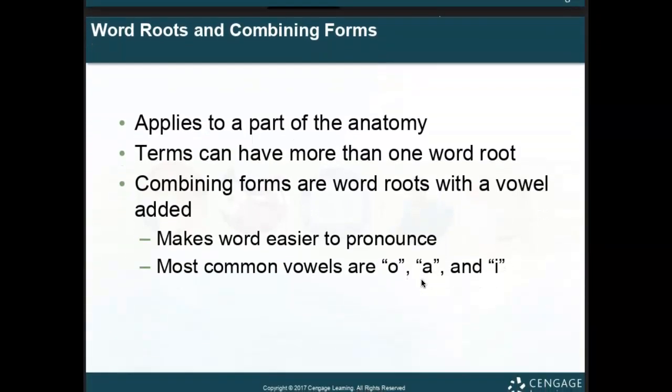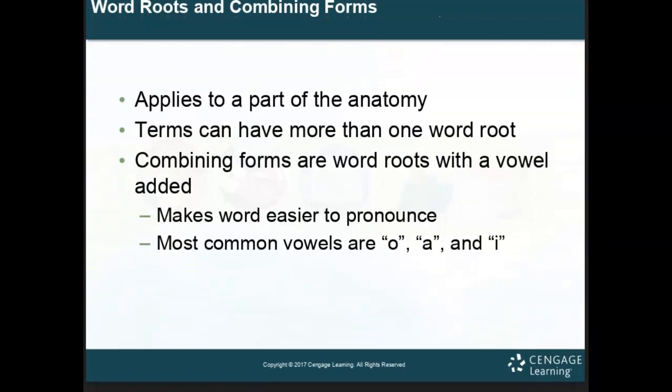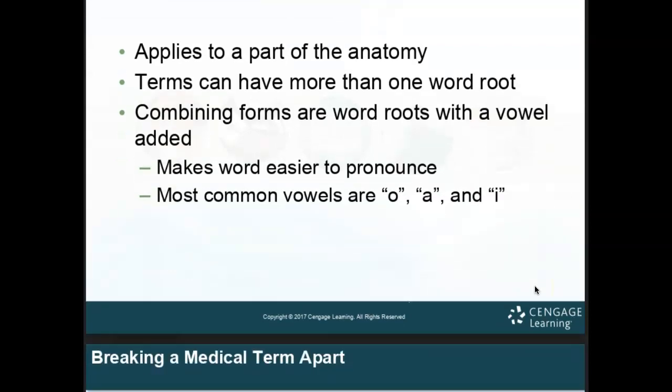Word roots and combining forms. It applies to a part of the anatomy. Terms can have more than one word root. Combining forms are word roots with a vowel added. We talked about this. Makes words easier to pronounce. Most common vowels are A, I, and O. You can use E, U, and Y very occasionally, but you're not going to encounter those a lot in medical